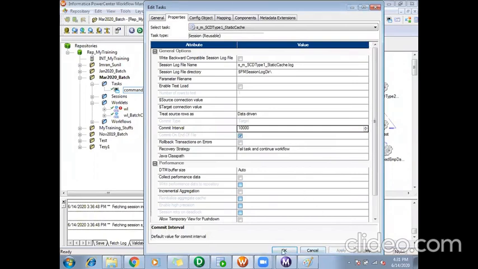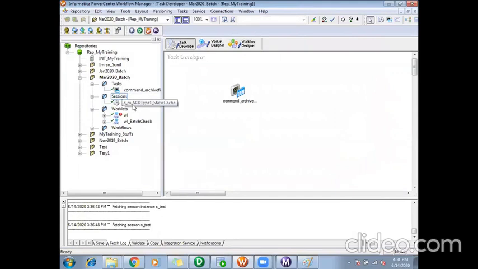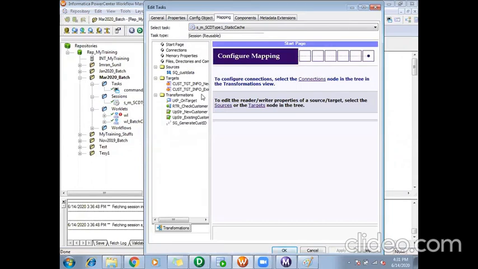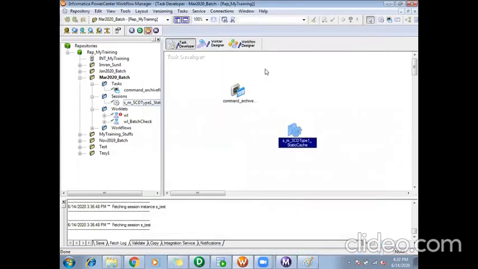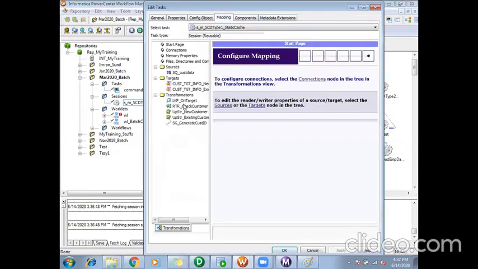So these reusable sessions are listed here. I can go to the task developer, use it and change whatever I want. Whatever I change, as many workflows are using this reusable session, it will be reflected everywhere. If you want to make changes only to your workflow, then in that session you can use this reusable session.